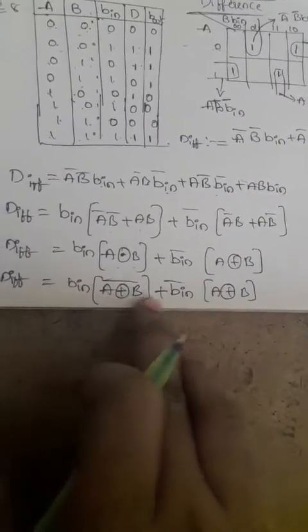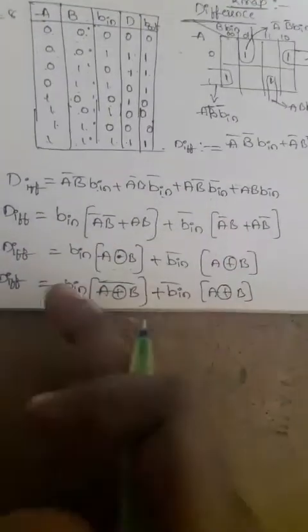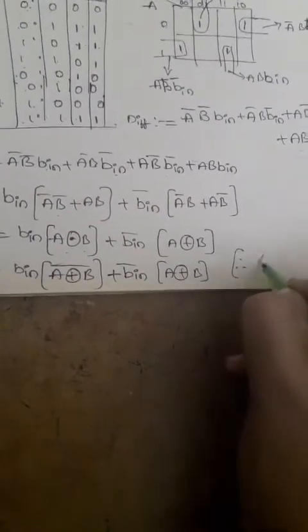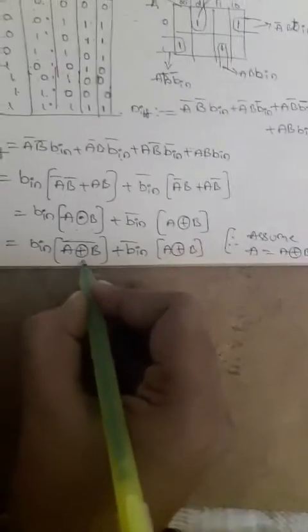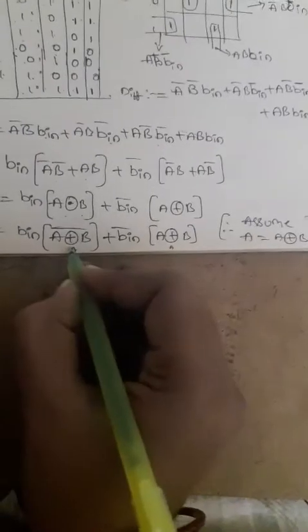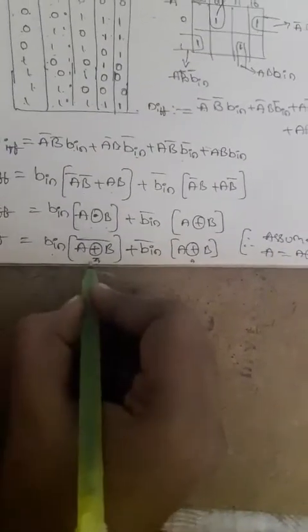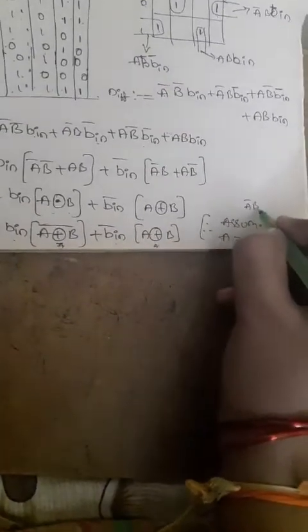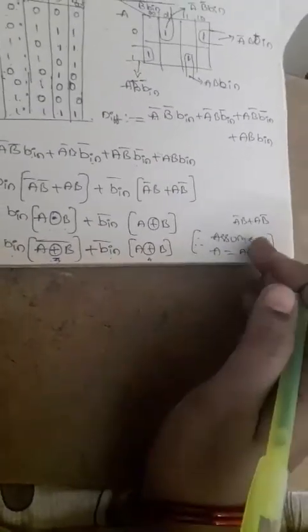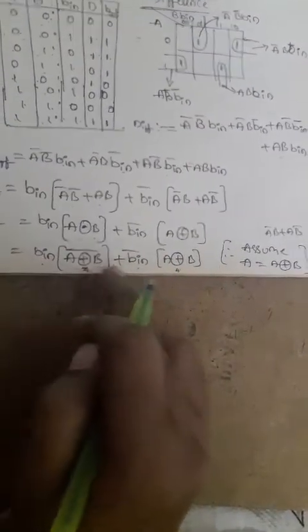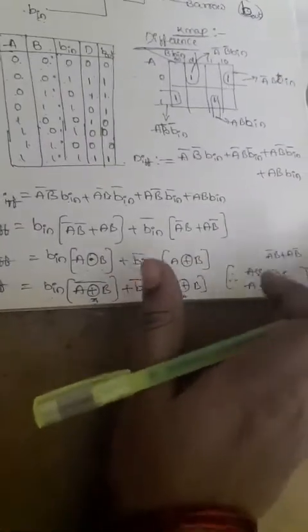So now just check it. We can consider this value may be assumed as A. If you assume A is equals to A XOR B, then the function becomes this is A and this is A. So that means here complement will have. So B input A complement plus B input complement A. That means it looks like A complement B plus AB complement, right? So it looks like this, no? B A complement plus A B complement, right? So directly we can say that is XOR gate operation.